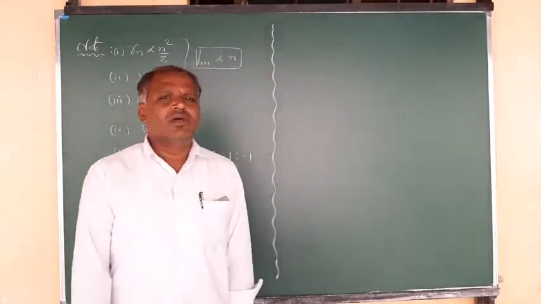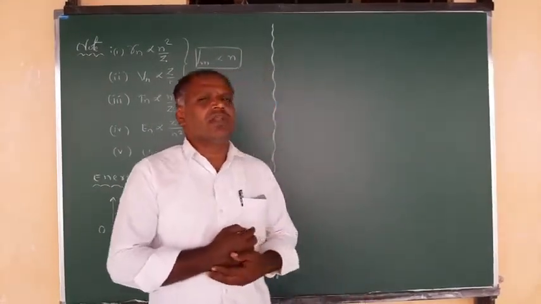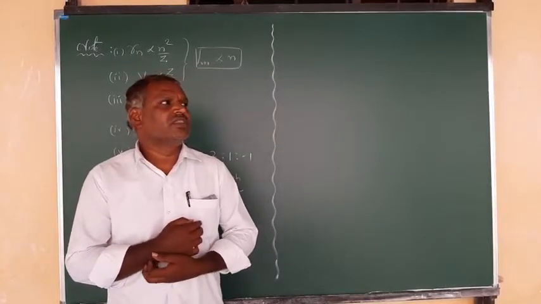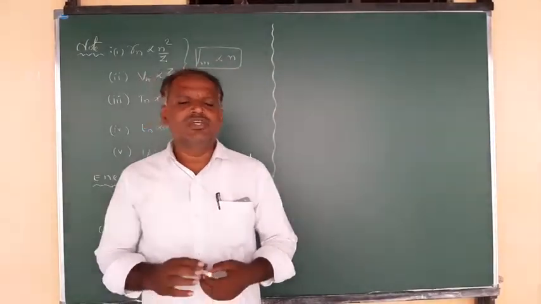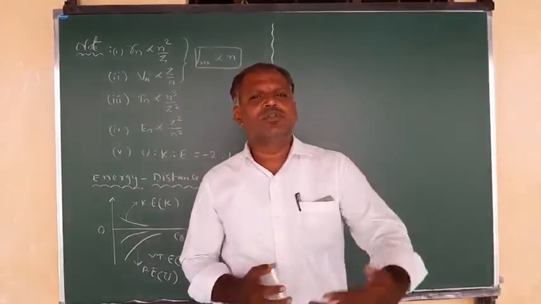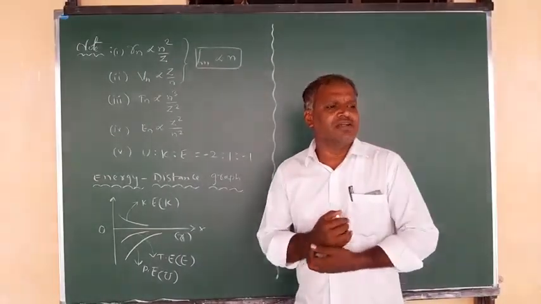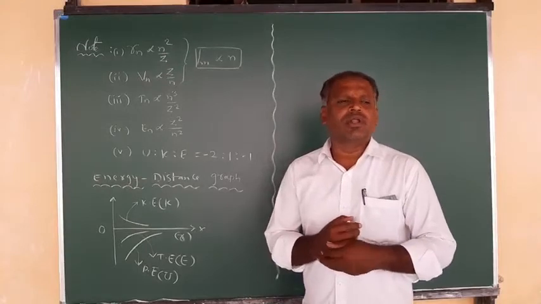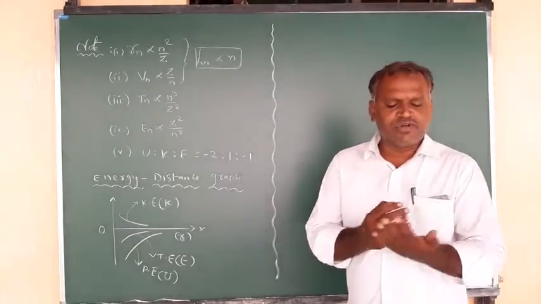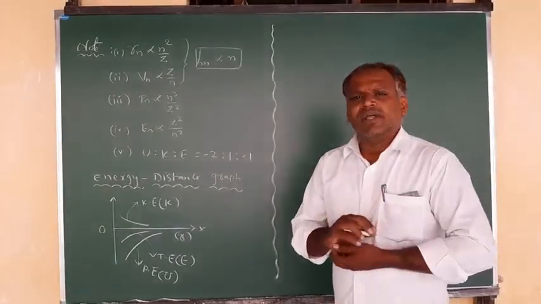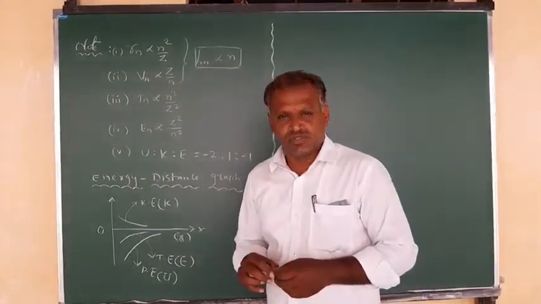Hi students, in the last video we covered the derivation related to the energy of an electron revolving around the nucleus in the nth orbit. That equation gives the energy of an electron as the sum of the potential energy and the kinetic energy. We calculated both, added them, and got the total energy. That equation, given in electron volts, is minus 13.6 Z square by n square electron volts.